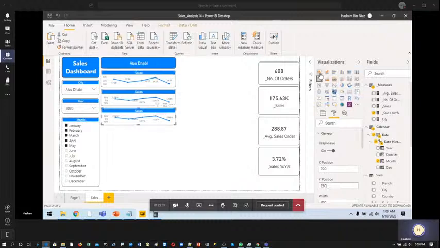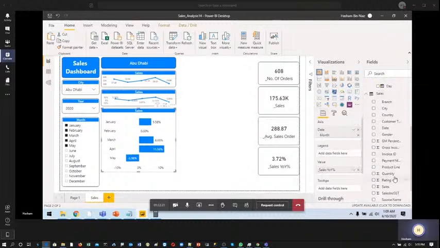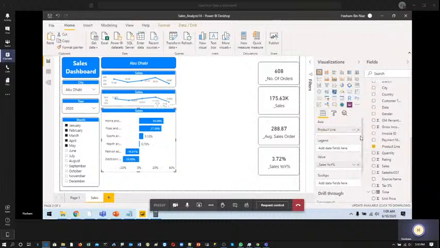And now I can change this, and I have this particular thing called product. So rather than plotting it against month, I can plot this against product as well. So I can plot this against product line. So I have the product line available. I remove this one. So this is showing the percentage increase. Like you can see that these are for home and lifestyle. There is an increase of this percentage for,